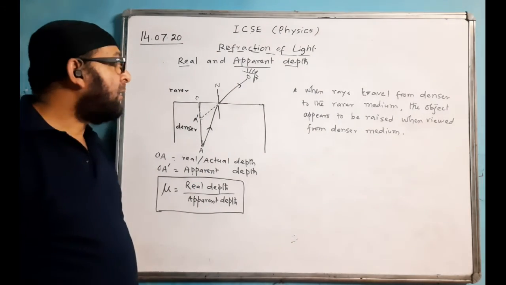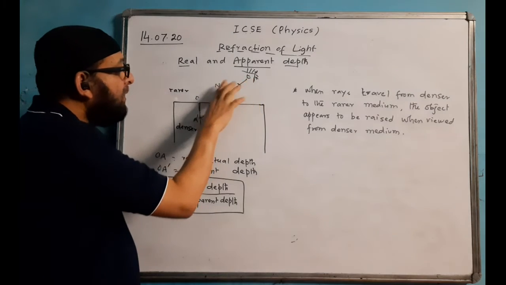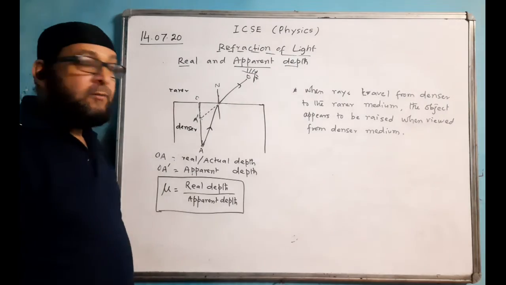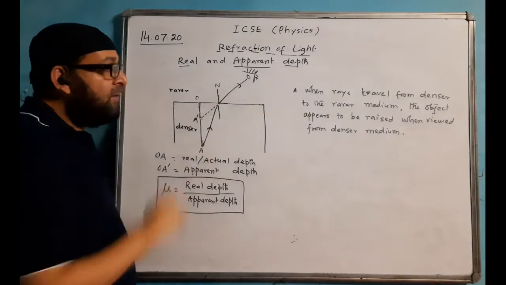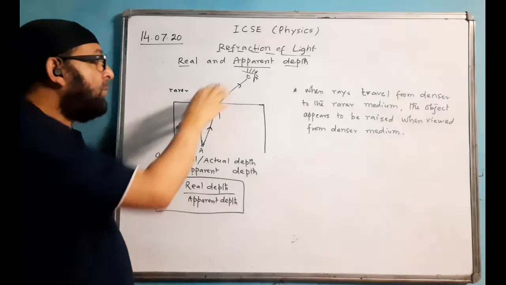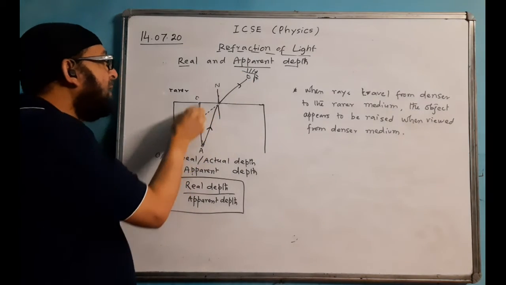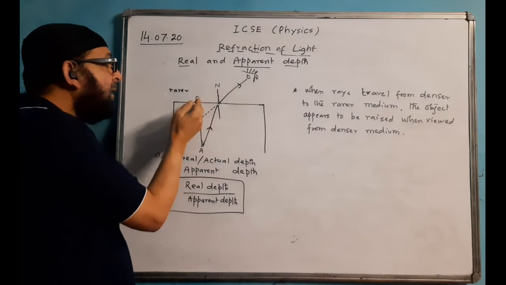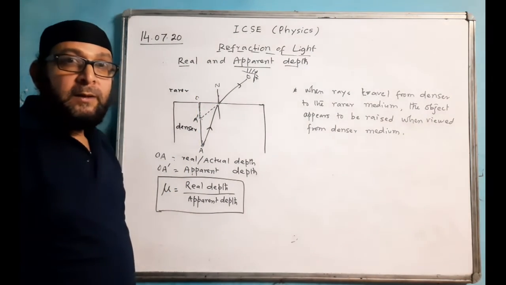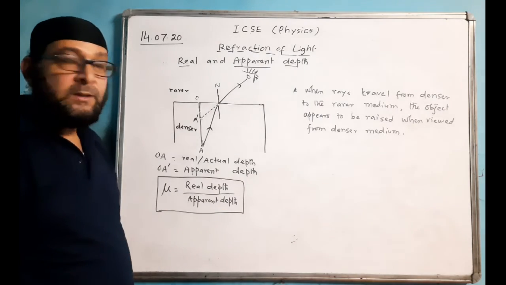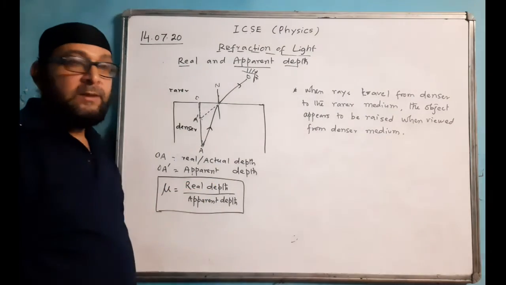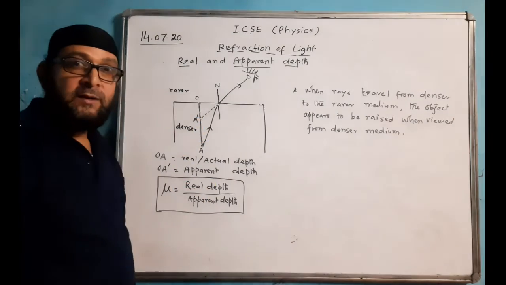One thing to be noted is that the observer keeps the eye very, very close to the normal. If the object is seen vertically above, then this effect will be there. But when the object is seen normally above, you have to read the question very properly. When the object is seen normally, if the observer's eye is standing right in front, at 90 degrees, at that time the position will not appear raised, because refraction does not take place, as the ray will be passing normally. This is happening only due to refraction effect.